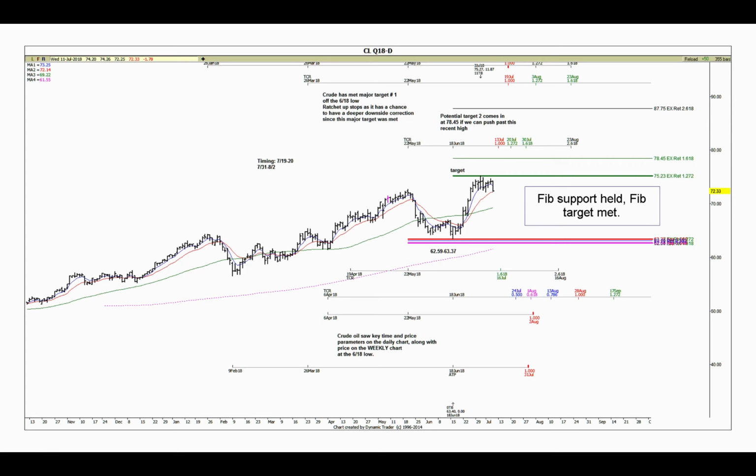This was strong support on crude oil based on an intersection of key Fibonacci levels, which we call clusters. As it came down and tested that, and also saw some timing from there, we exploded higher into the pre-planned target from this swing high to this swing low. When you get time and price parameters on the daily chart, and especially price on the weekly chart,